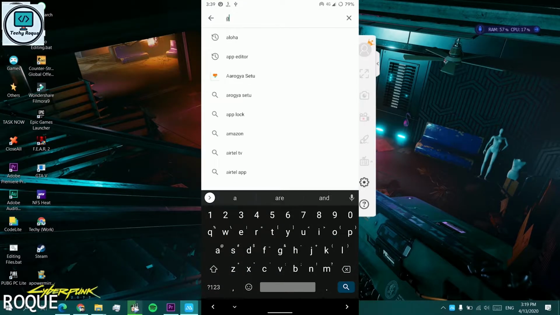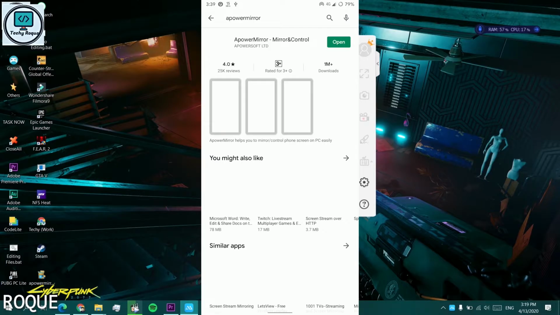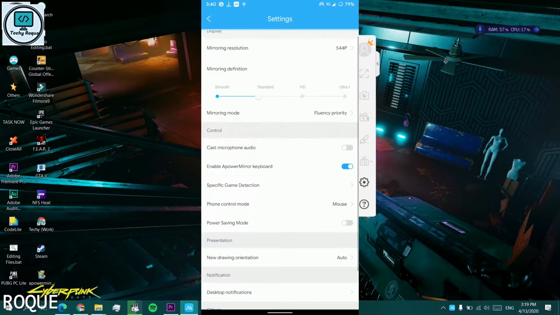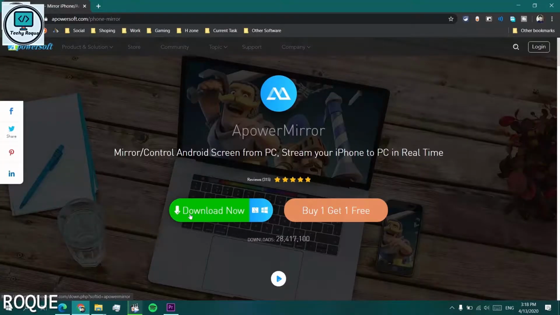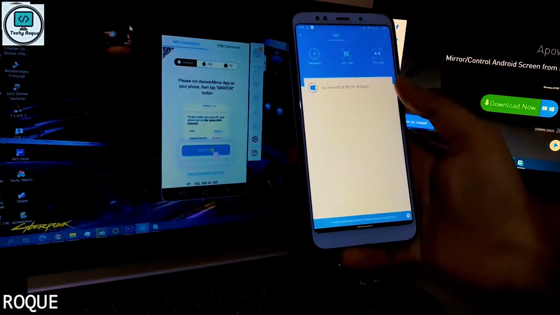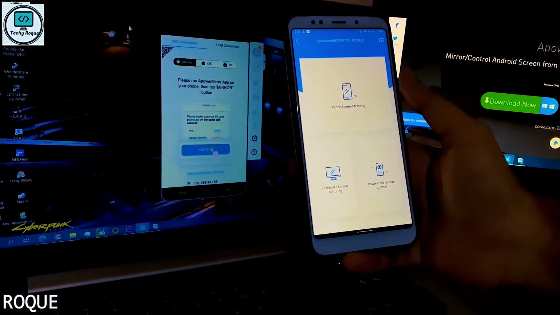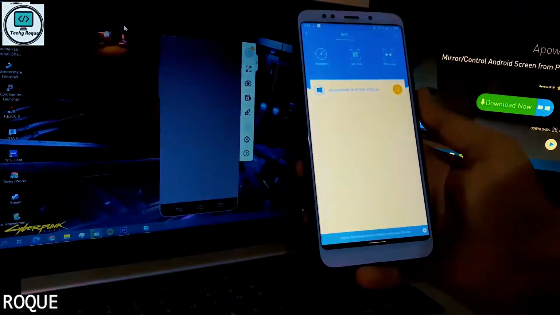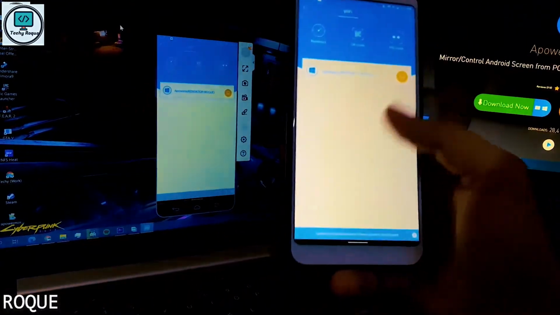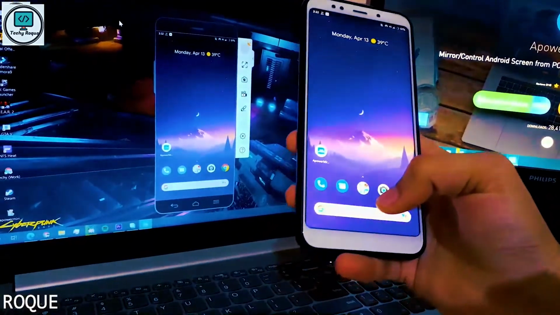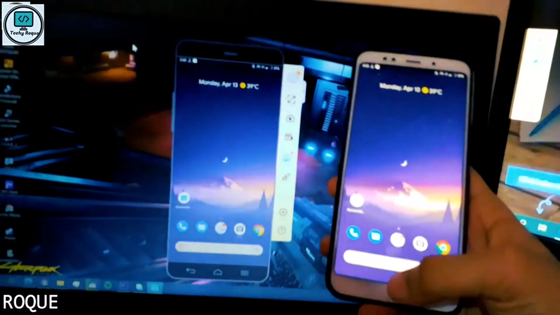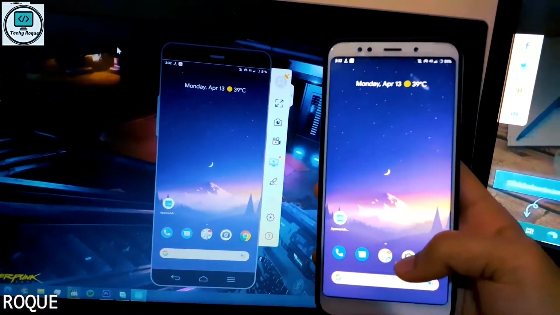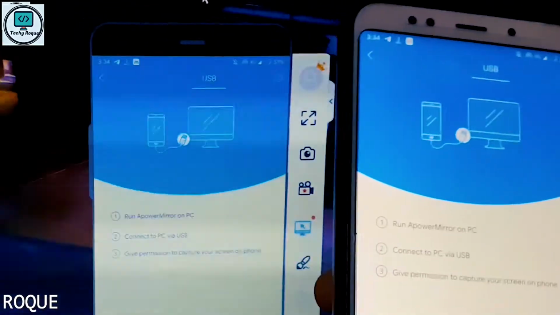And if you want a quick guide to installing it, just open the Play Store, and this is the app, Power Mirror. Just basic settings here. But if you want the full settings and the entire video on it, then you can watch my previous video to know how to use it and how to download the Android version and the desktop version. So on the mobile you can see, just connect to the same network, the same Wi-Fi network, or the USB cable. I'm going to show you the Wi-Fi network, so it will auto detect, and just click on your desktop name. So here you can see the smooth, really high FPS, and this is the USB option.